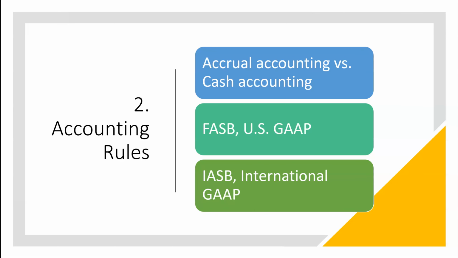We have two different primary types of accounting systems that exist in the world today. There's something called accrual accounting, and there's something called cash accounting or cash basis. So the accrual basis is one where, instead of looking at things in terms of when cash has changed hands, we look at it based on a set of rules that say when transactions have actually occurred. So it's more of a timing issue than it is the exchange of cash.